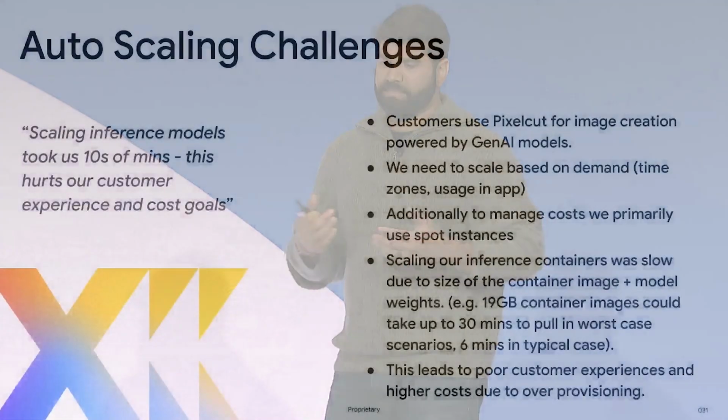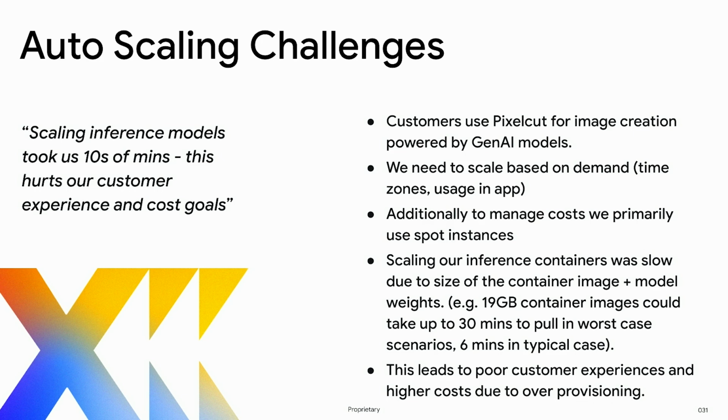And so if you're using spot instances, I'm sure you're familiar, they can pop in and out at any time. And so you need to be able to start up your new containers pretty quickly in order to be robust to that sort of turnover. In our case, this gets to the crux of the problem, which Akshay already mentioned, which is that these ML containers can get pretty bloated. So we had one container which was over 19 gigabytes, and we were facing pull times that could sometimes exceed 30 minutes if you're facing image pull errors or network issues. And even in a good case, it would take up to 6 minutes, which obviously isn't great for responsiveness.